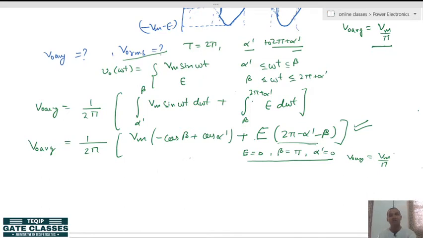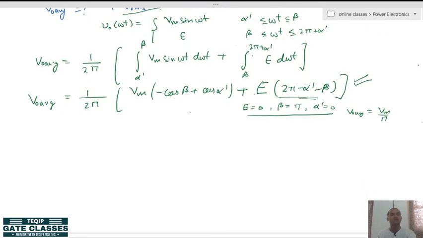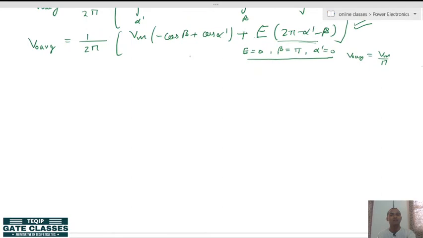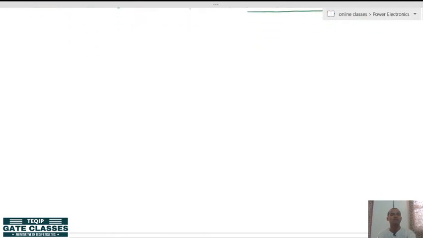Now we are coming to the detailed circuit analysis of this RLE type load. This is required in order to calculate the beta value, meaning at what instant the inductor is going to be discharged fully. Whatever analysis I am doing here is equally applicable to the RL load also. I am doing it for the more generalized case of RLE type load, and the same analysis can be extended to the RL type of load.